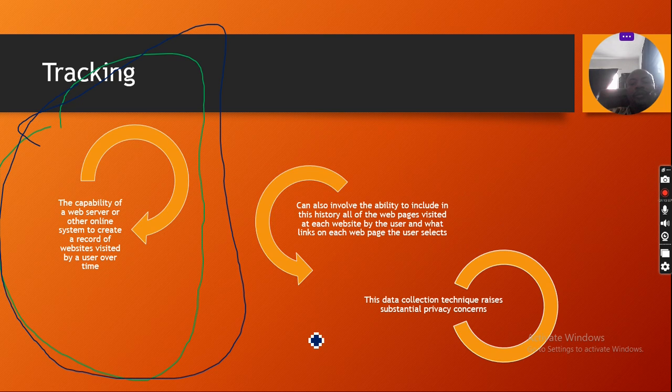It can also involve the ability to include the history of the web pages that you visited. Then we also say the data collection techniques raise substantial privacy concerns. Of course, the methods we use for collecting data raise issues about privacy.